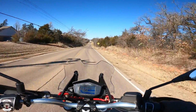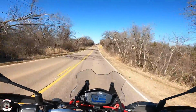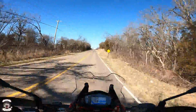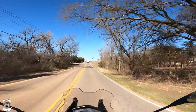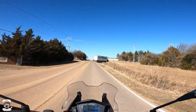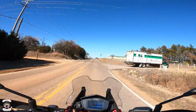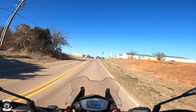Again, it just begs you to ride where it's at, but it allows you to make it your own if you want to. So, there's that to think about. But at any rate, I just wanted to give everybody a little ride around and give you guys a perspective of an owner of a Moto Guzzi